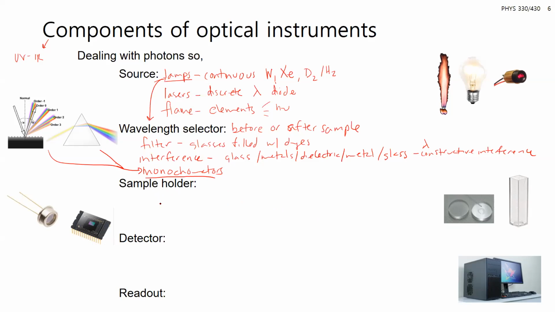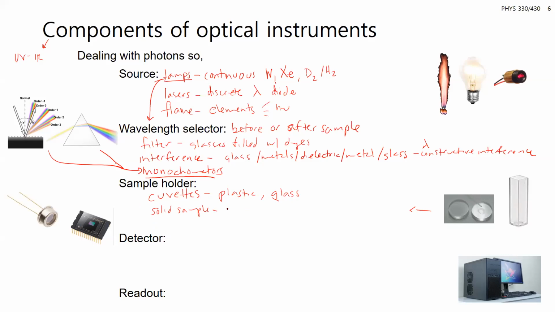You also have to consider in your optical instruments how you're holding your sample, how your sample is being contained. I would say cuvettes are the most common. You should think about those materials. Plastic will absorb in the UV, while glass will be more transparent and be more robust, but they're more expensive, while plastic cuvettes are cheaper. And then over here, if you have a solid sample,